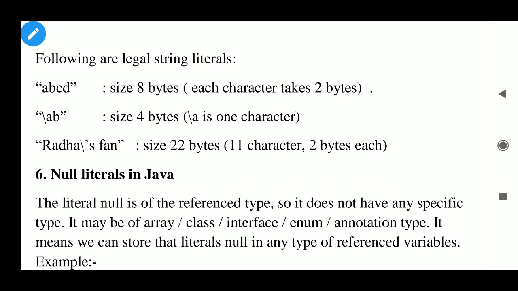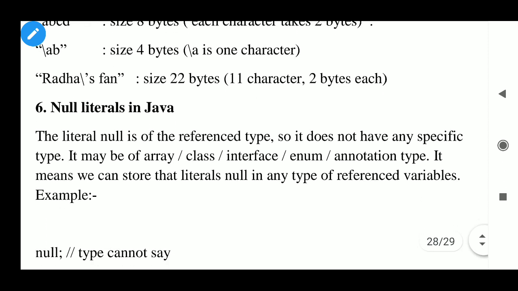"AB", size 4 bytes, because A and B, 2 characters, 4 bytes. "Radha\'s fan", then size 22 bytes because 11 characters. Just forget the backslash.